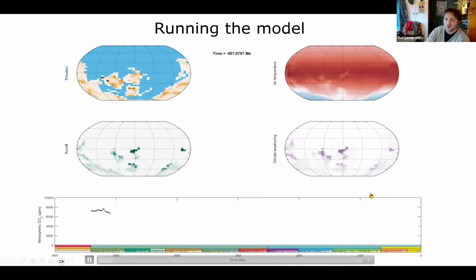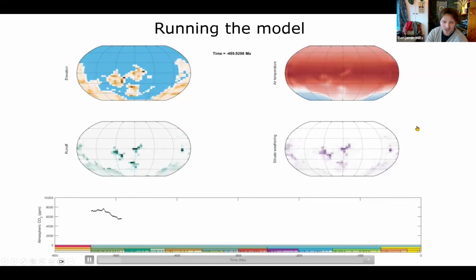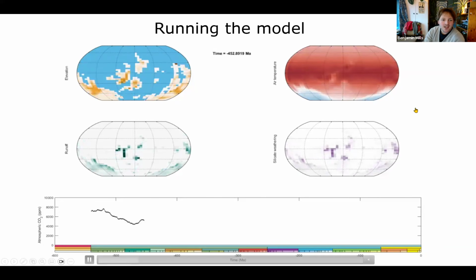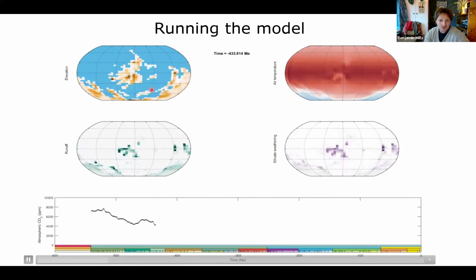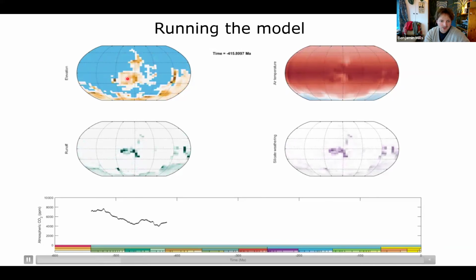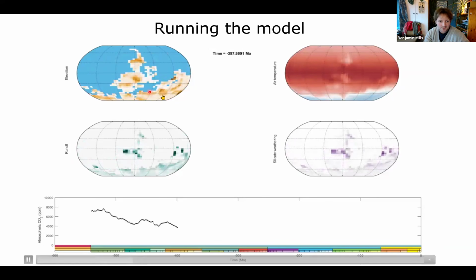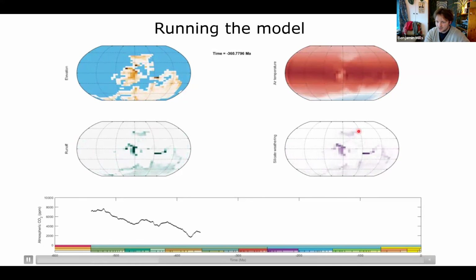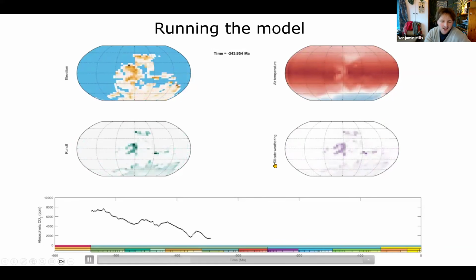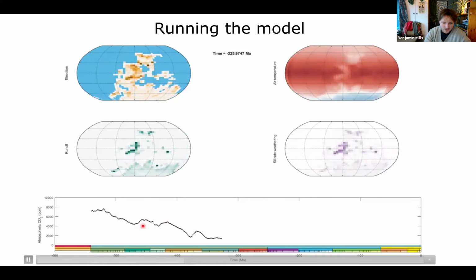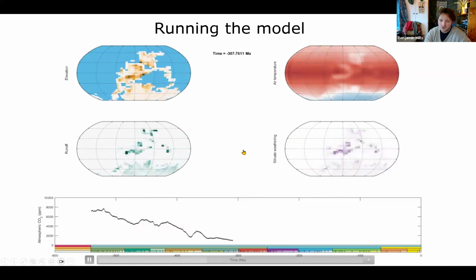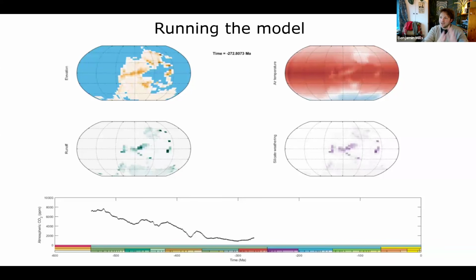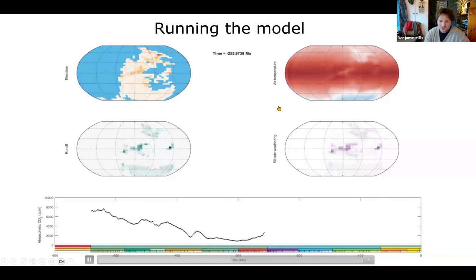Now, I apologize for the white screen here when everything else was black. I was actually doing another model run earlier, but it didn't finish in time. So this is a continuous model running over the Phanerozoic. You can see the continents are moving in sort of real time. We're generating climate, we're generating runoff, which means we can calculate things like silicate weathering. So this CO2 record is being dynamically calculated by the model. We're not imposing any of this. We're imposing the tectonics, we're imposing the amount of CO2 degassing, but everything else is being done by the model.